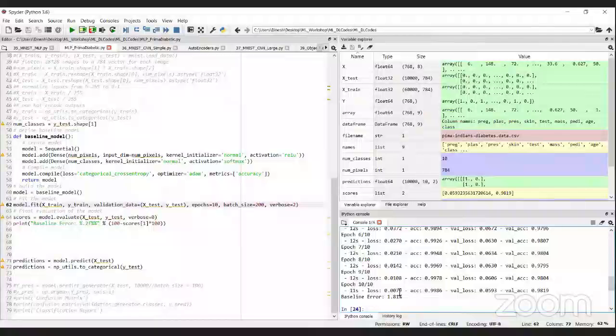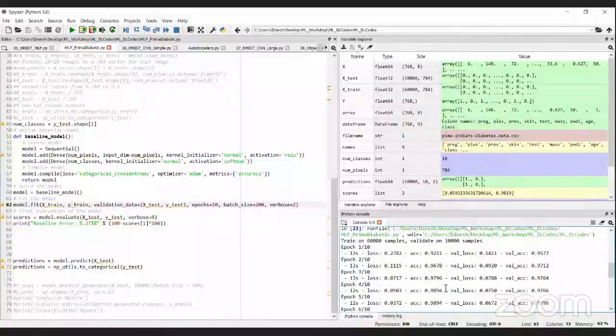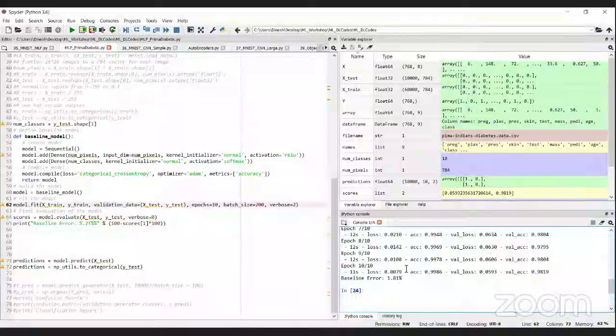So this is how it looks. We just ran for 10 epochs, and the overall loss is 1.81%.